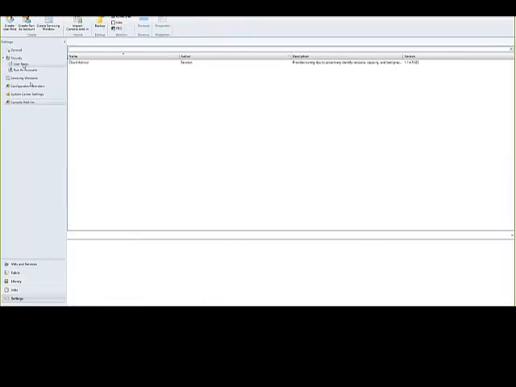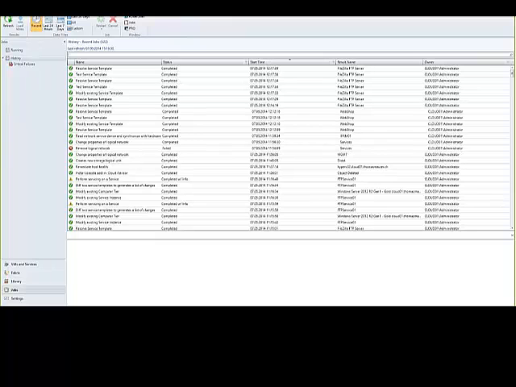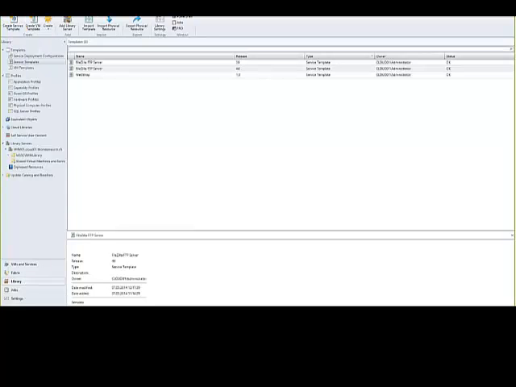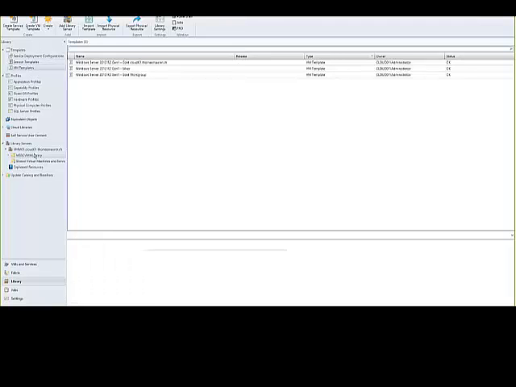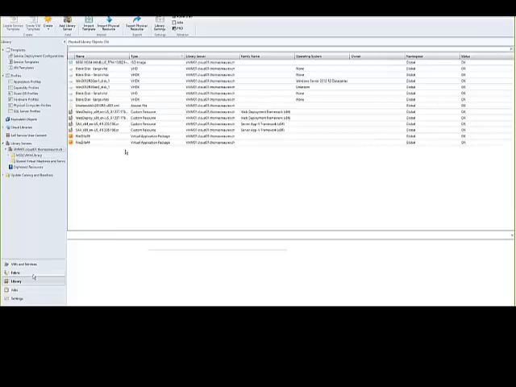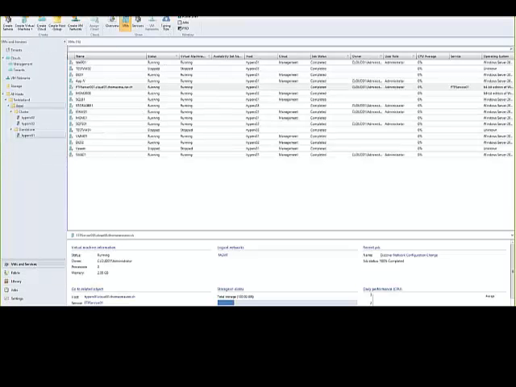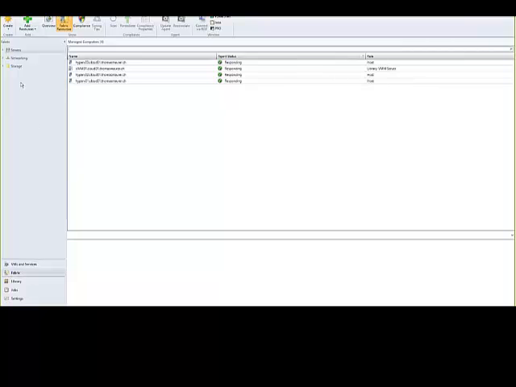In settings, for example, we can create new user roles and access roles. Job view shows me all the jobs I was running here, not only from my user, but I can also see other users as well. In the library, we will talk a little bit more about that. We store all our things like VHDs or templates, and we will make use of them in the service deployment. On the VMs and Services view, we see all the VMs running, on which hosts they're running, and can manage them. Now, let's have a quick look at the fabric part. I talked about storage.